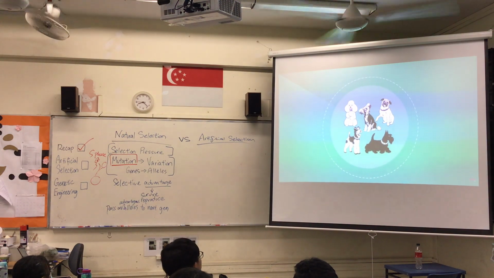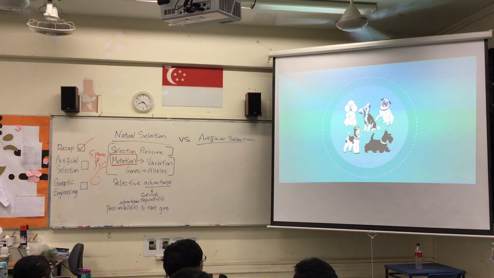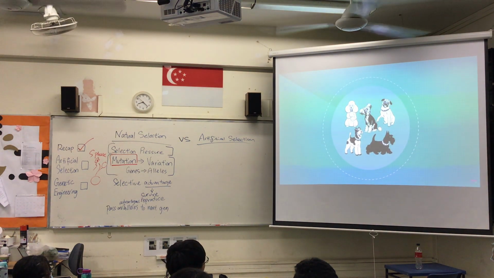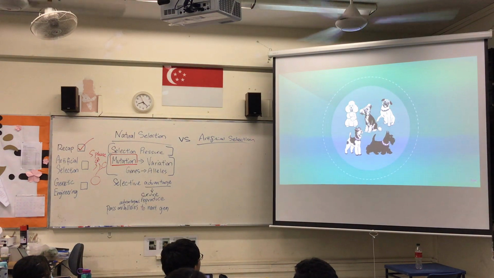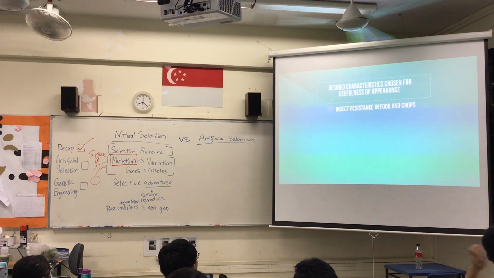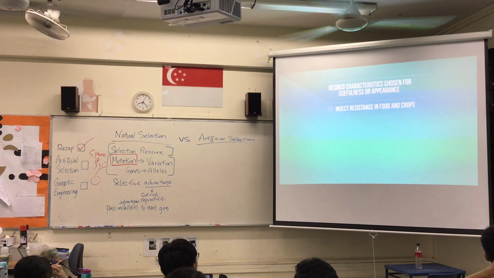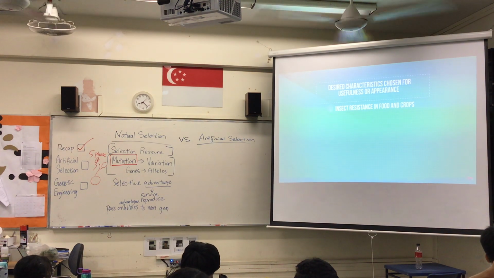Just think of all the breeds of dog that are around today. These were all selectively bred from a common wolf ancestor. The desired characteristics that we select for can be chosen for usefulness or appearance, such as insect and disease resistance in food crops by breeding from the naturally resistant individuals to increase yields. Animals with